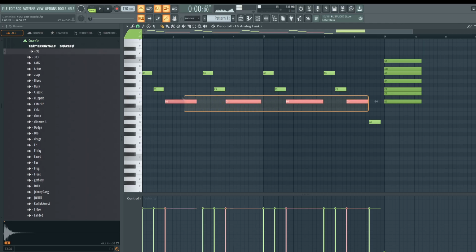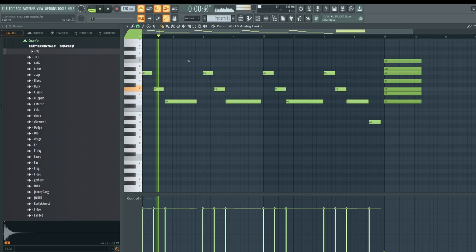It's which note are we constantly returning to? The note is D. We're landing on the note D a lot. So that lets me know that this is probably the root note for the scale. And then I have to ask myself, is it major or minor? So I just put the minor scale up and it shows the same notes in D minor. So let's just assume that we're in the D natural minor scale.